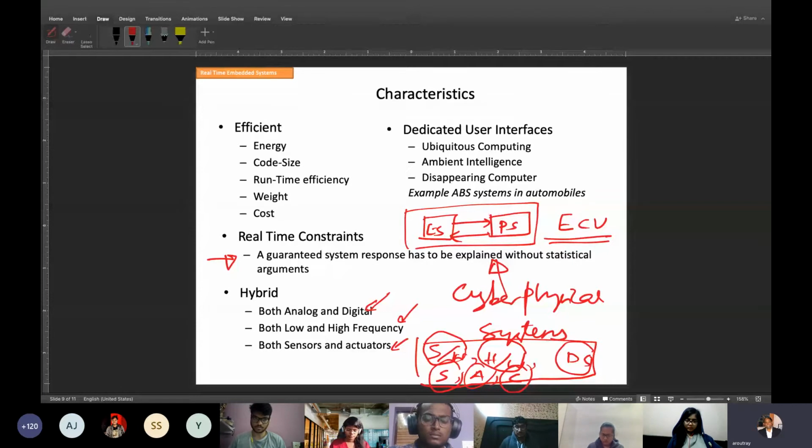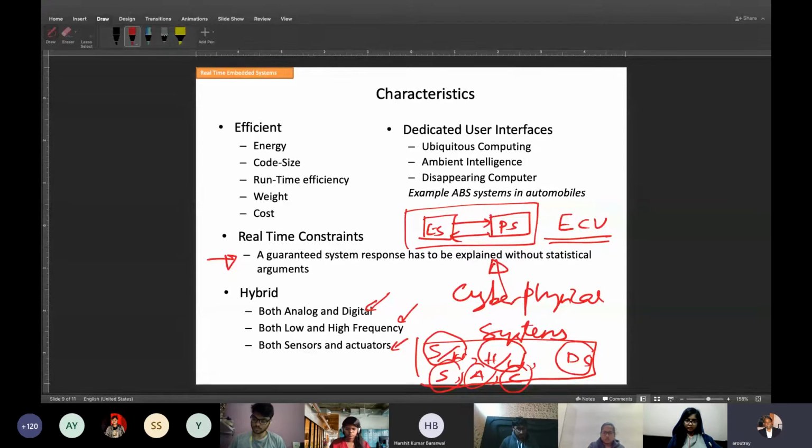The constraints put on by the external world. Time constraint. You have to do this within this time. So this is called a real-time constraint. Like in real time, we are having this class. We have 2 hours. We have to finish many things. You are having exams. Just like that, these real-time constraints are there. There has to be a finite time before it acts.